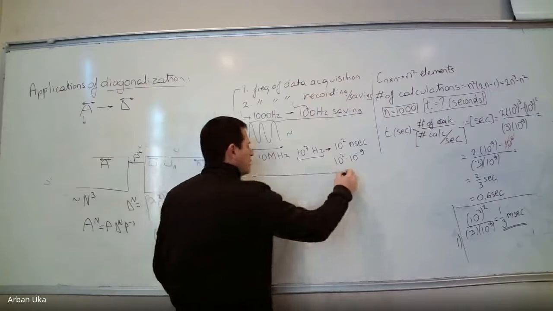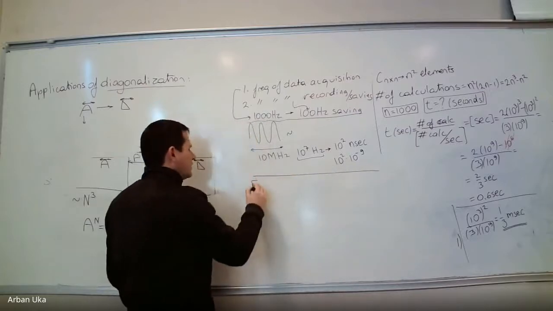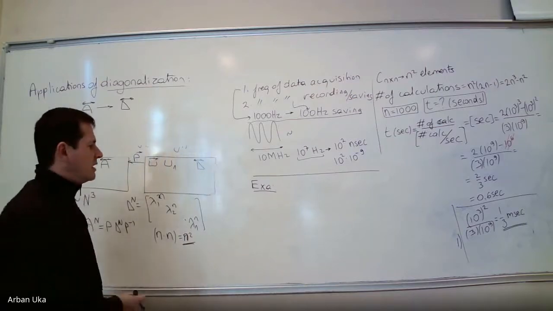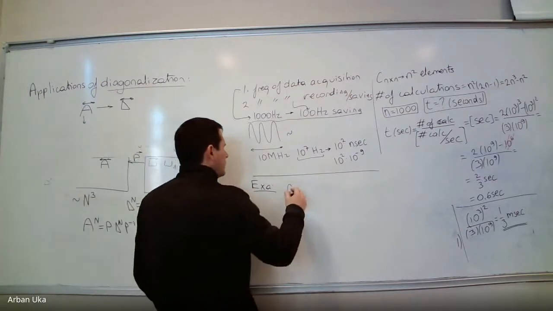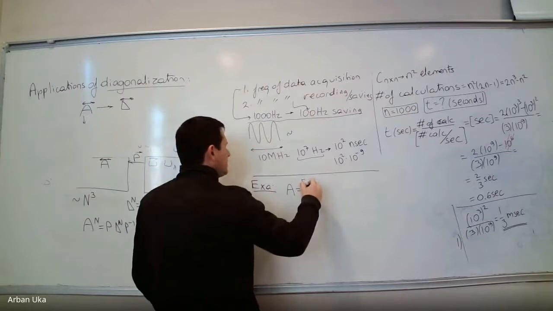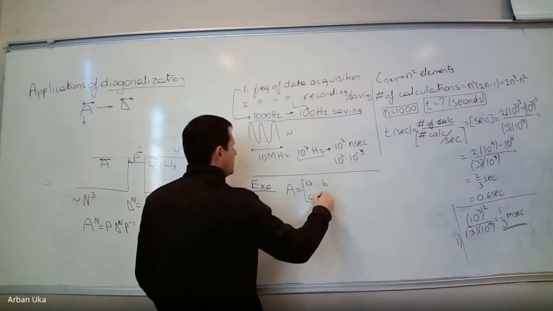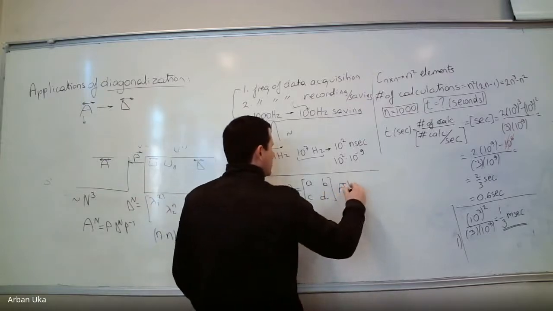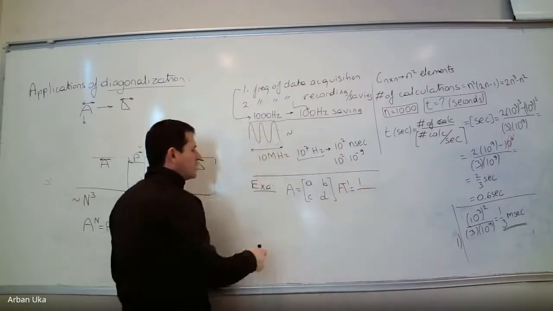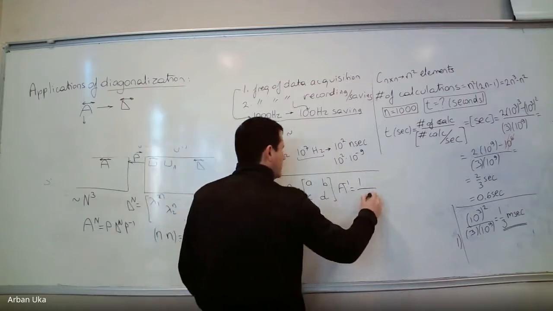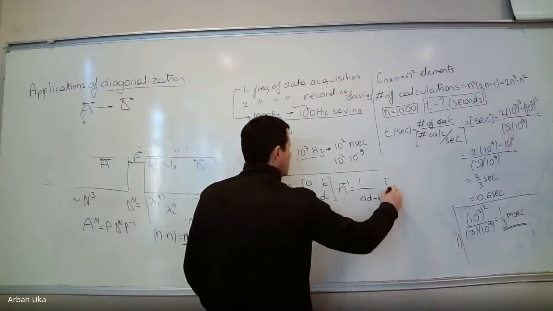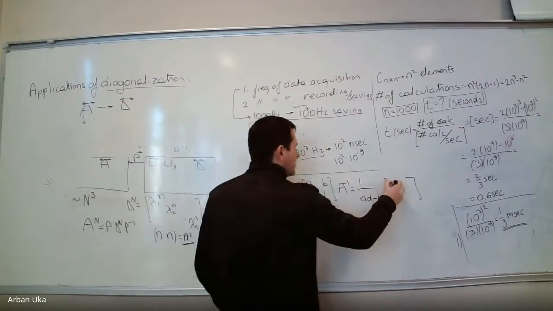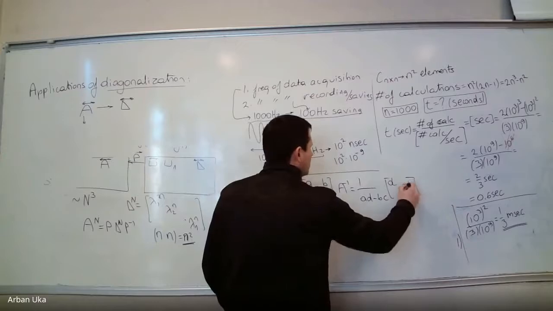The example I want to give to you, that you can write down somewhere and work out later on, is the following. Imagine you have a matrix which is A, B, C, D. And the question is, what is A inverse? So A inverse is equal to 1 over the determinant, AD minus BC, times, now this is something which I often forget, but it looks like this is going to be D, minus B, minus